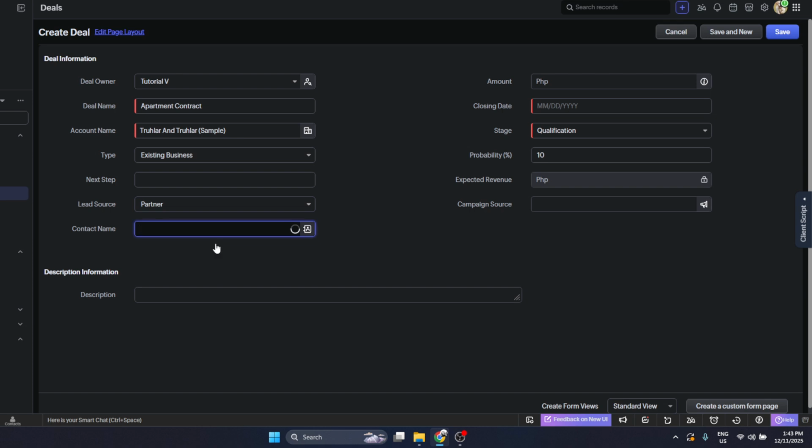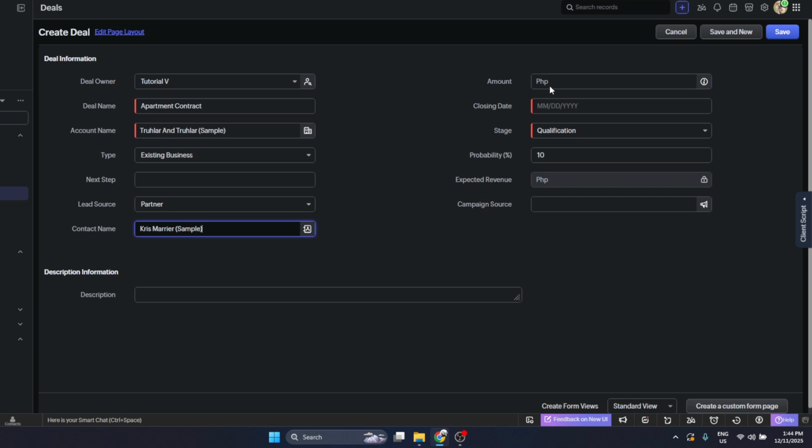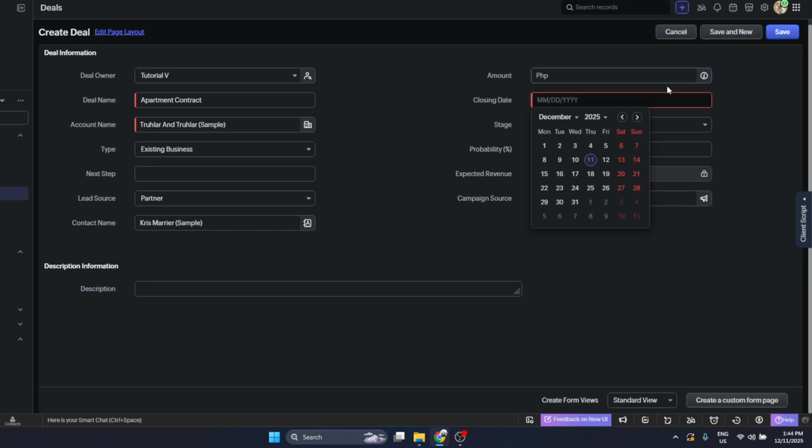You can also use this time to add extra context, such as the type of deal, the lead source, or any notes that might help in follow-up. The more accurate your information is now, the more useful your reports and forecasts will be later. Once you've reviewed everything and you're happy with the details, scroll to